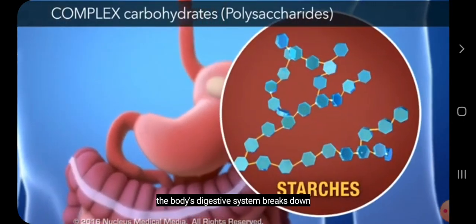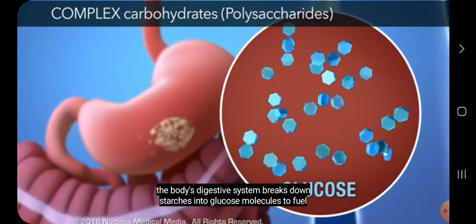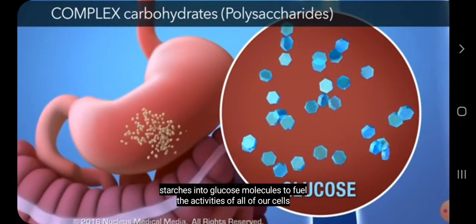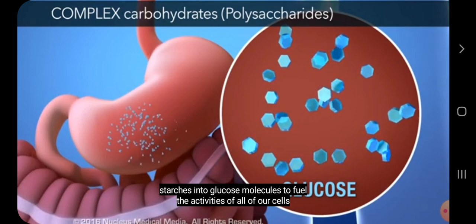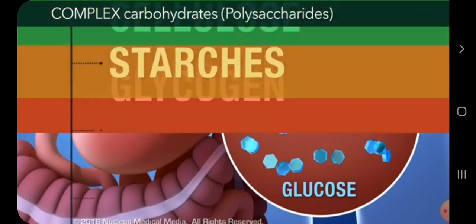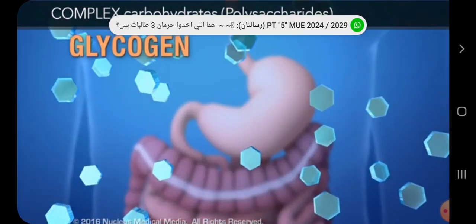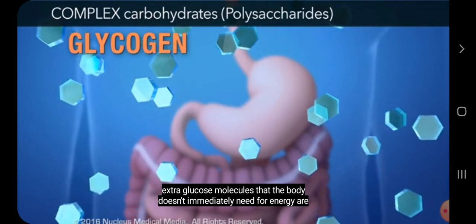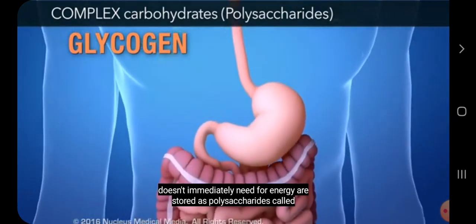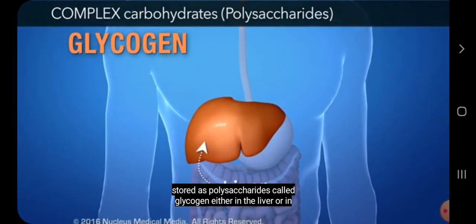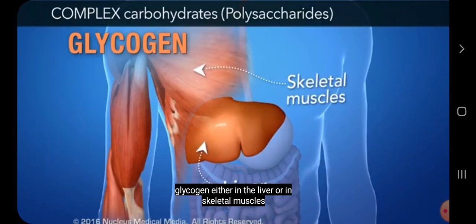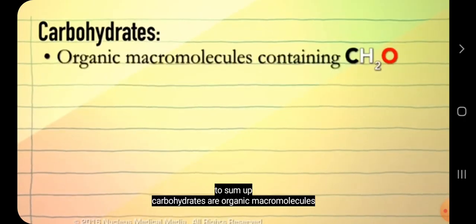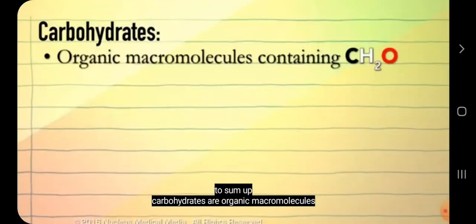The body's digestive system breaks down starches into glucose molecules to fuel the activities of all of our cells. Extra glucose molecules that the body doesn't immediately need for energy are stored as polysaccharides called glycogen, either in the liver or in skeletal muscles. To sum up, carbohydrates are organic macromolecules